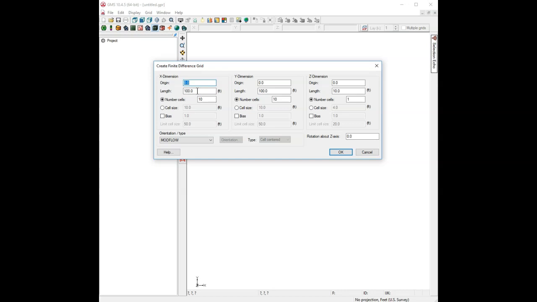And again, we're using a local coordinate system, so no base map. So we just leave the origin at 0. And then in the X direction, we have 2,000 feet and 40 cells. In the Y direction, we have 3,000 feet and 60 cells. And in the Z direction, let's change the origin here to 3,600 feet, and the length will make it